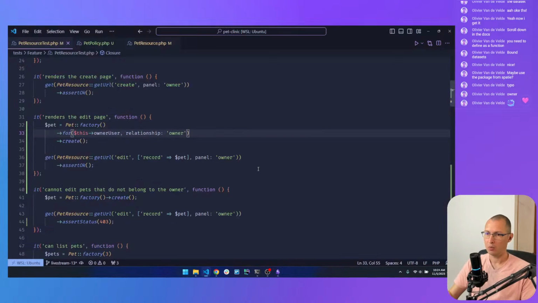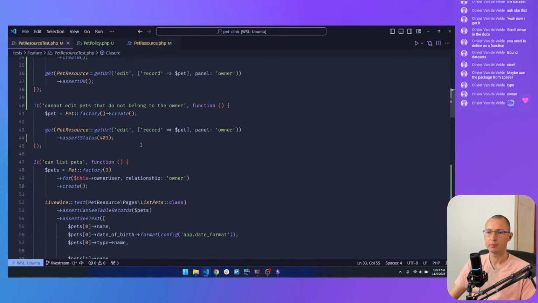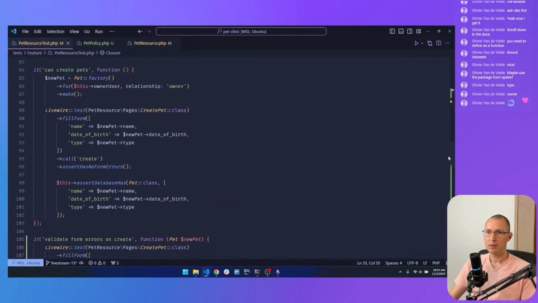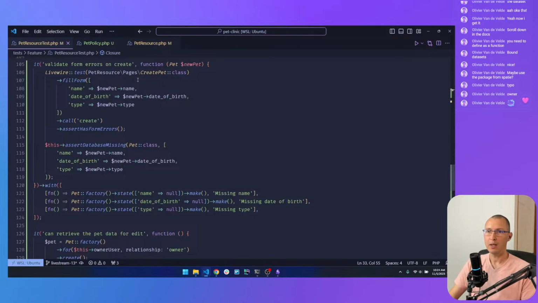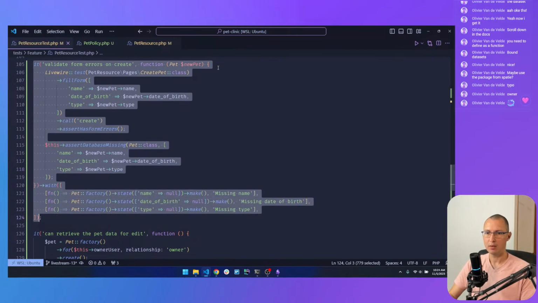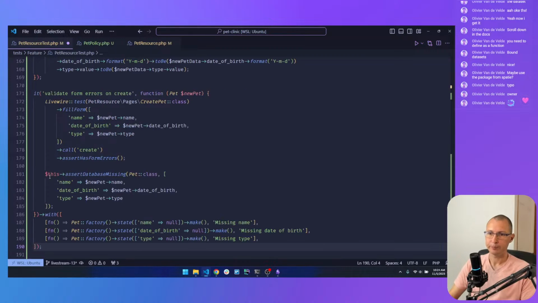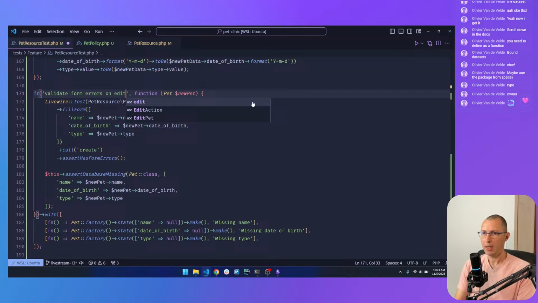So let's go back. Let me grab the validate form errors on create. I'm going to copy this because it's very similar. Paste it here. It validates form errors on edit.